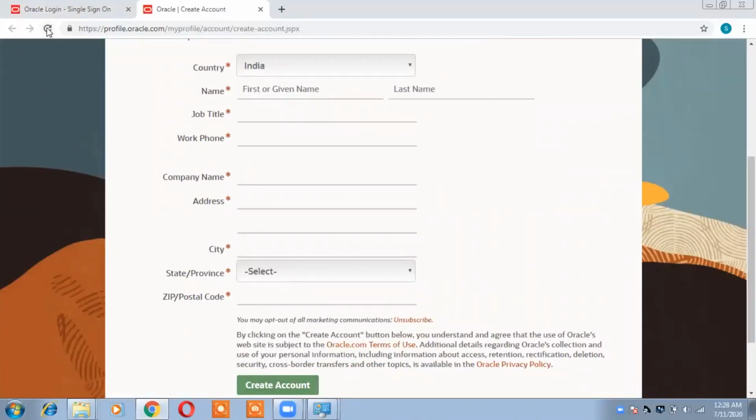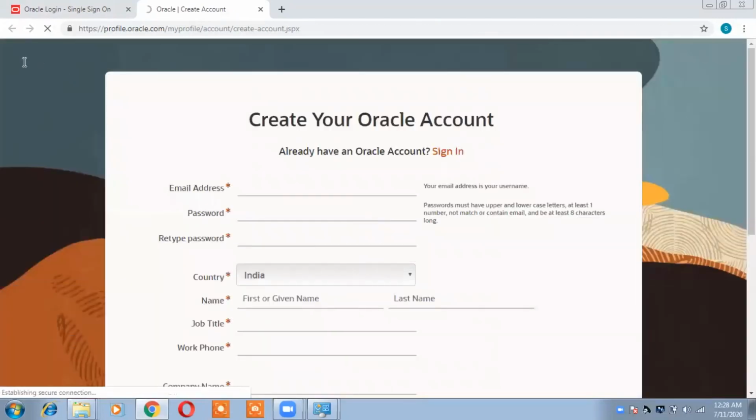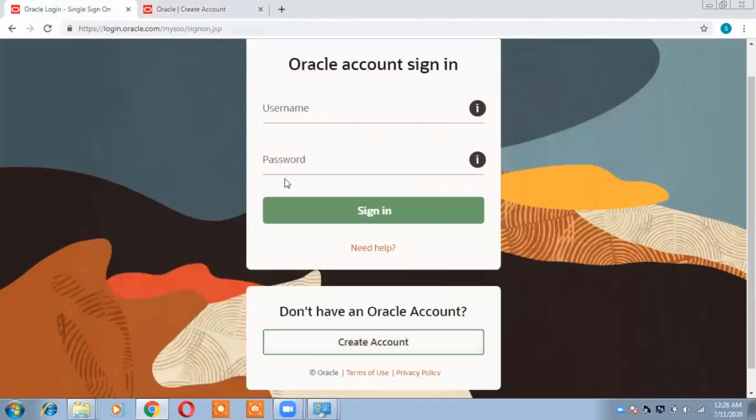Once you create an account, you will get a confirmation mail. In the confirmation mail, it will ask you to verify your email address. Click to verify the email address. Your account will get created. Once the account is created, give the username. The username is your mail ID and the password is whatever you have given. Sign in. Your JDK will start downloading in your system. Once downloaded, you can see the downloaded file in Downloads.